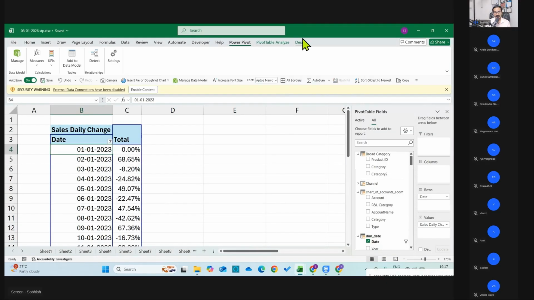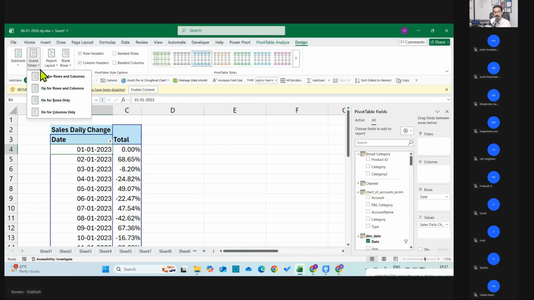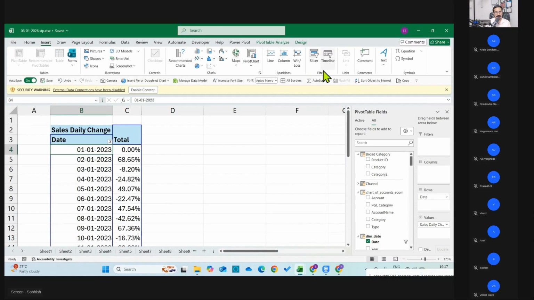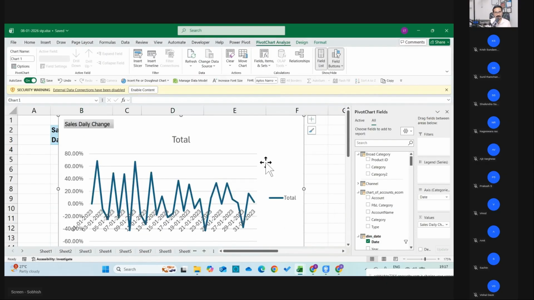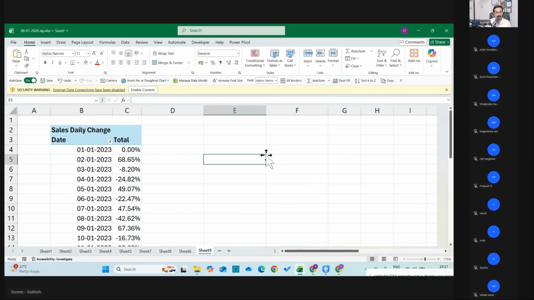And then if I remove this grand total, I can insert a pivot table or a pivot chart. So I can insert a pivot chart that will give me what is the sales trend. So if I put this pivot chart here,